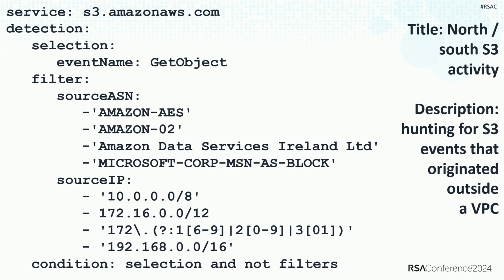In this case, what we're doing is excluding anything coming from a cloud provider network using these 4 ASN names, and then further excluding anything coming from a private IP address, because if the event is coming from a private IP address, it means it's coming from inside a VPC in a private network somewhere. So it's coming from inside the house. That doesn't mean it's guaranteed to be benign, but it's probably benign. If it's not, we'll need a different hunt for that, which I'll get to later.